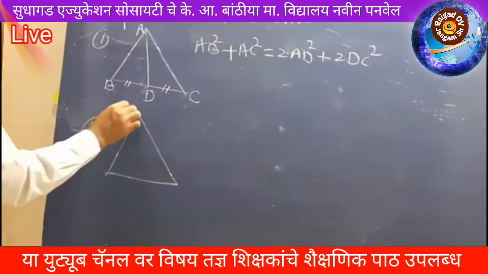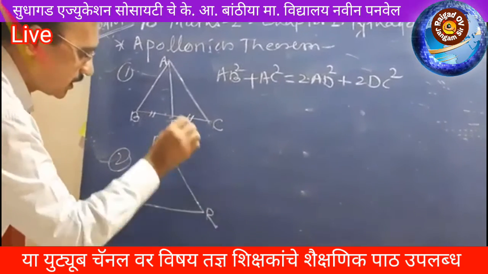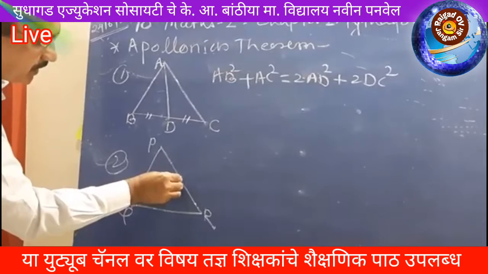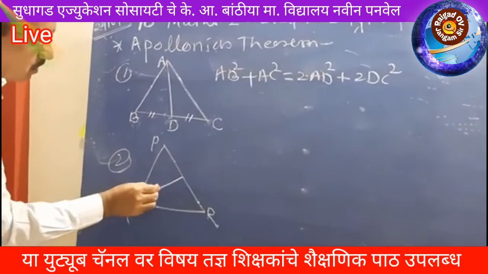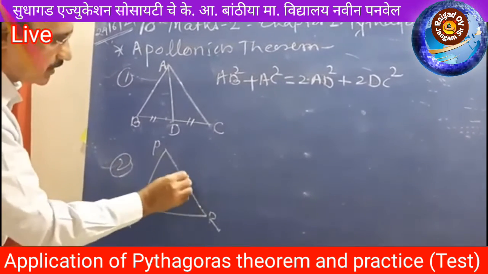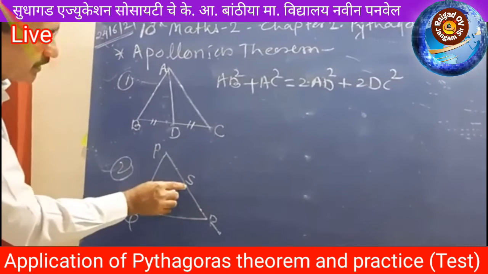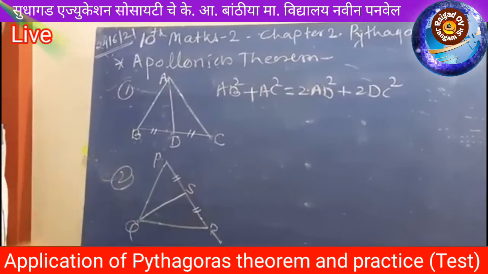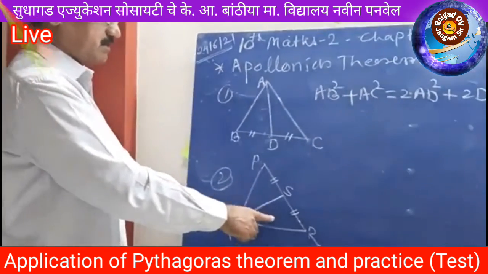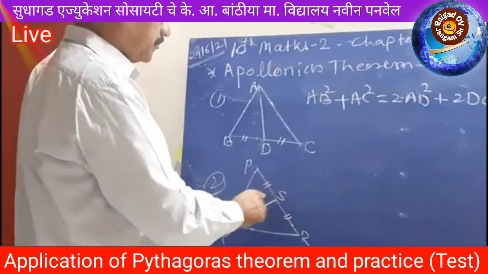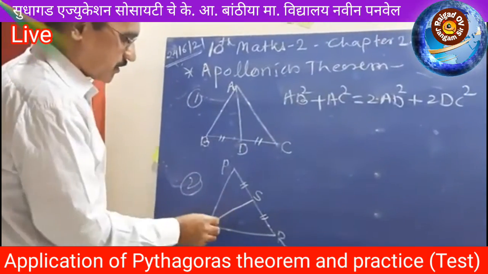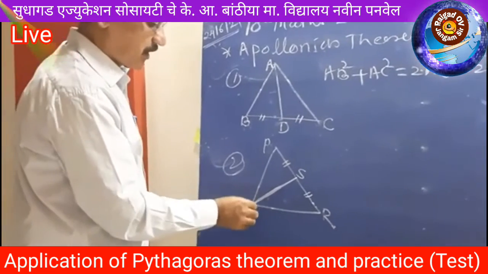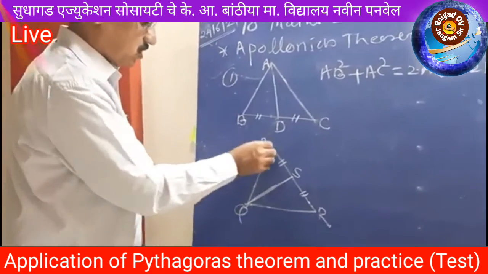It will be PQR. Draw here a median from vertex Q on side PR. This is the median QS, that means point S is the midpoint of side PR. That means these two segments are congruent. Again, we can write the formula of Apollonius theorem based on this figure. Here the median is drawn from vertex Q. Write your formula from vertex Q,